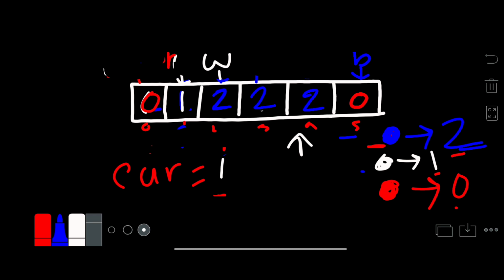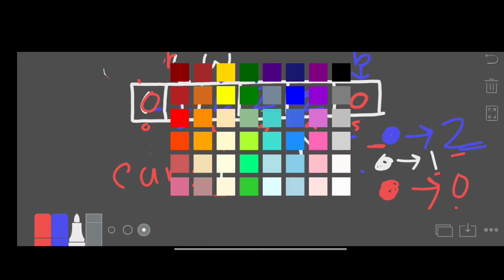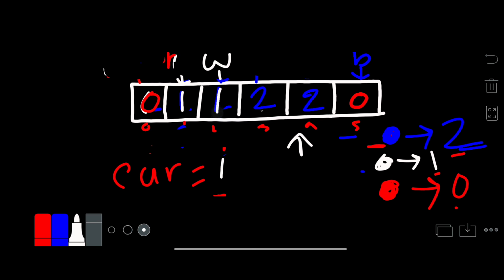Now again we will do the same with white color. White color is pointing to index 2. So I will change the value of index 2 with the white color value and move the pointer. Now our white is pointing to index 3.